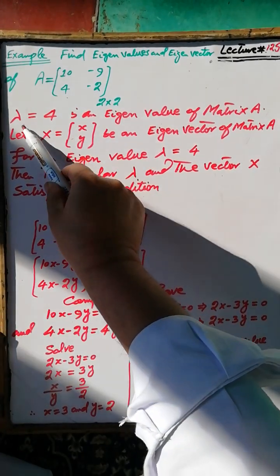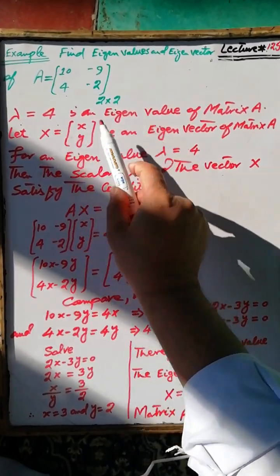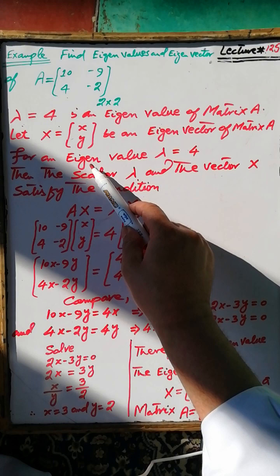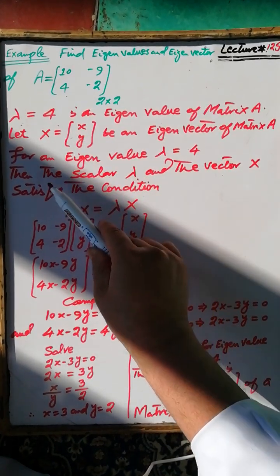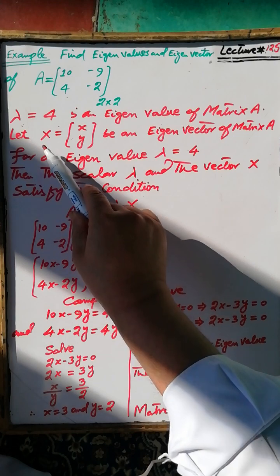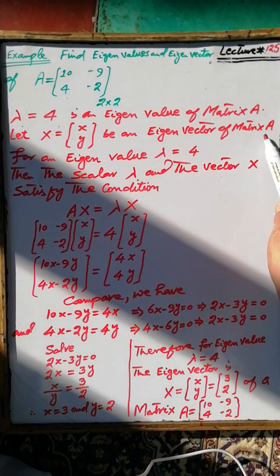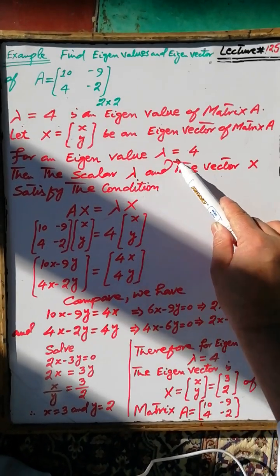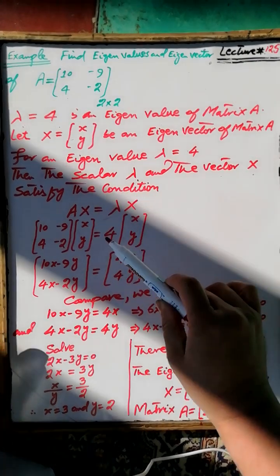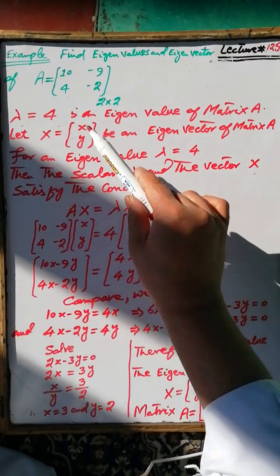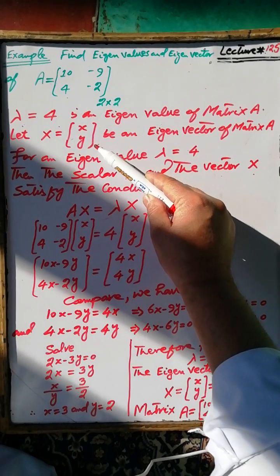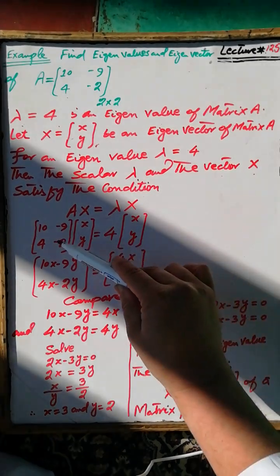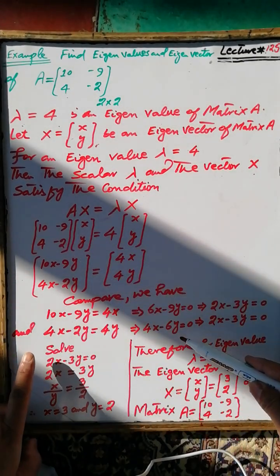Therefore, for the eigenvalue lambda equal to 4 of a matrix A, we have to calculate the eigenvector x. Let x be an eigenvector of a matrix A. For an eigenvalue lambda equal to 4, the scalar lambda and the vector x satisfy the condition that Ax is equal to lambda x. A is the given matrix, and x is the required matrix X. Then after the multiplication and simplification, we have